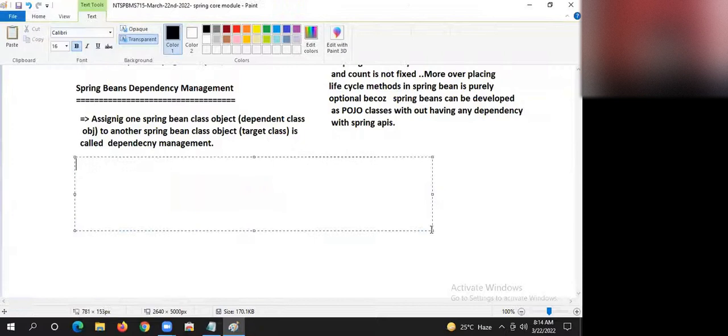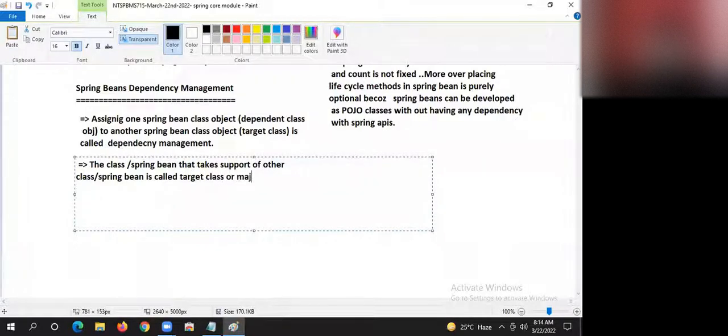Don't come to any conclusion. Please be with me, be active. The class or Spring Bean that takes the support of another class or Spring Bean is called the target class or main class.